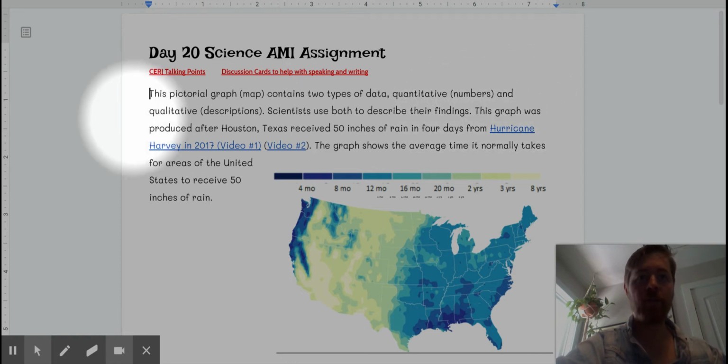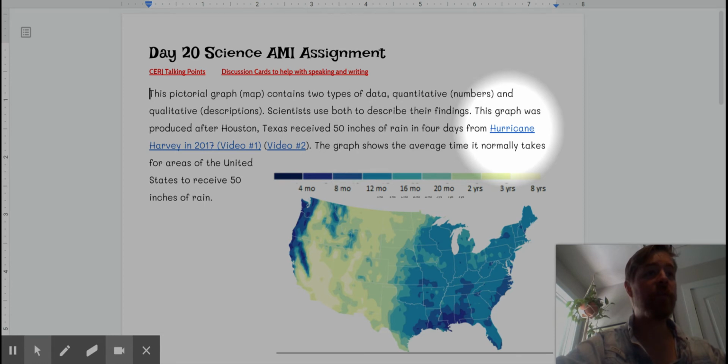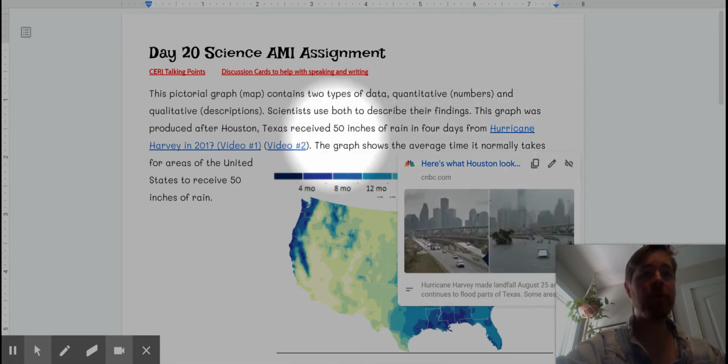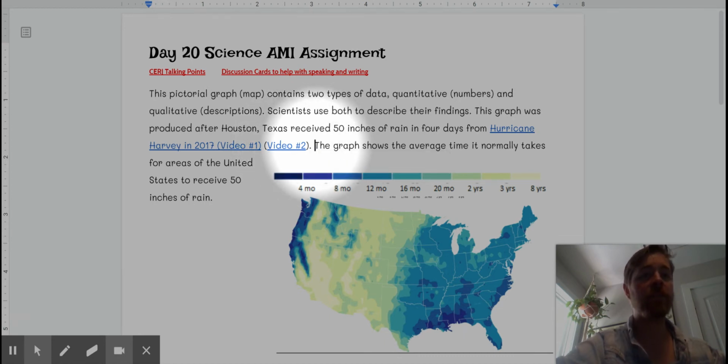This graph was produced after Houston, Texas received 50 inches of rain in 4 days from Hurricane Harvey. Okay, remember, 50 inches is 2 more inches than 4 feet. This is taller than a lot of our classmates. Okay, there are a couple of videos embedded here. Both of them are looking at before and after in Houston, Texas, before and after Hurricane Harvey. So you can see all the flooding there and see what that really looks like, 50 inches of rain in